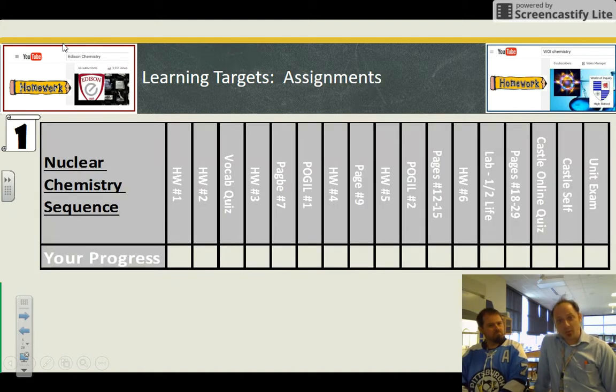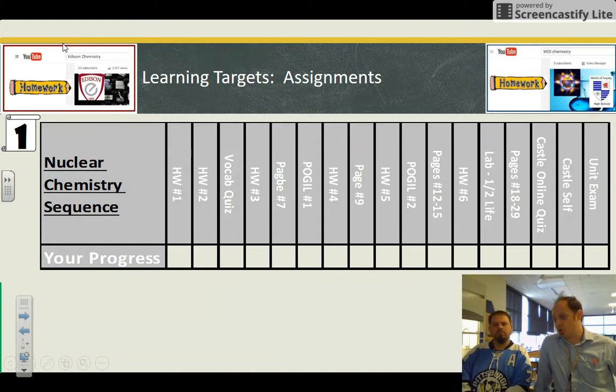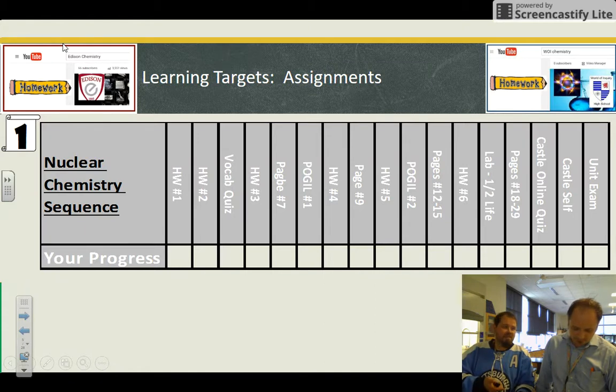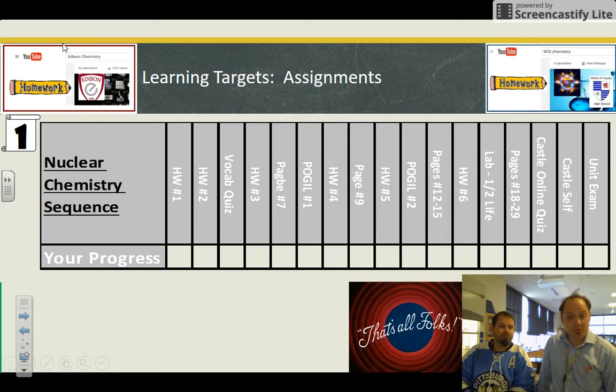We can look at our unit syllabus and say, wow, it's kind of smaller than usual. When kids picked up the packet yesterday, they said, this is the thinnest packet yet. And I said, you can say thank you now. You're welcome. Remember, this is meant as a list, a sequential order of operations. Do them in order, and you won't find yourself behind the ball. I have some poster child students who are really starting to turn the corner on that, working ahead in the packet. Things are making sense in class, and all of a sudden their grades have gone up. So use the syllabus, stay on task, stay on time, and you will have plenty of time to prepare for the Regents.